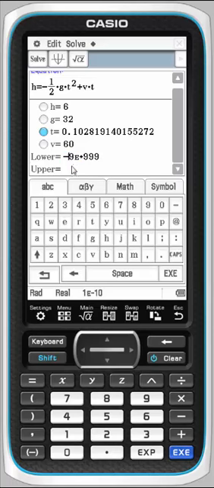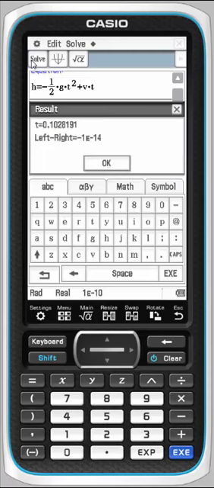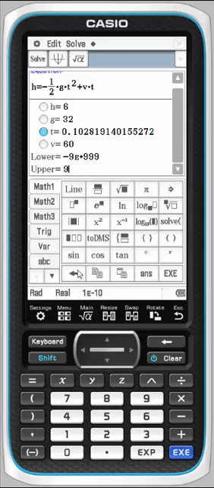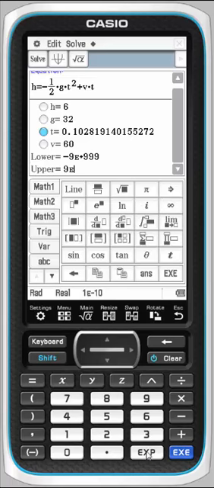It's not wanting to let me drag. I wonder if I leave it blank. Let's try that again. Nope, it's keeping it at 2. So I would have to type it in, 9, and let's see where I can find, oh, I guess it's right here. We can just use that. E999. Execute.